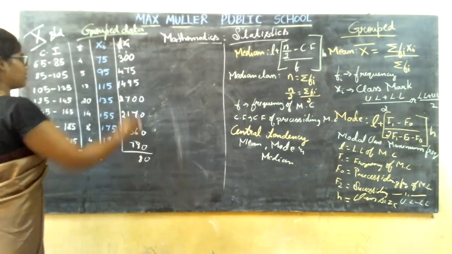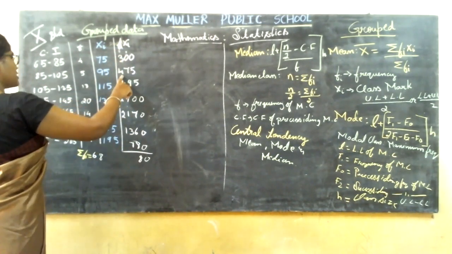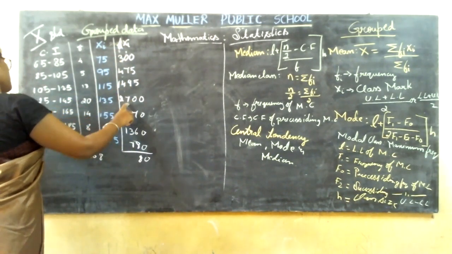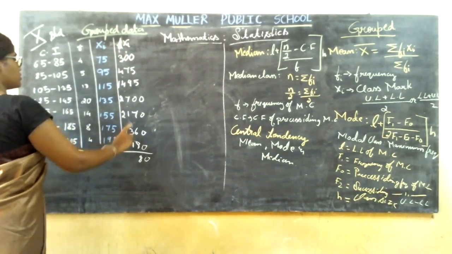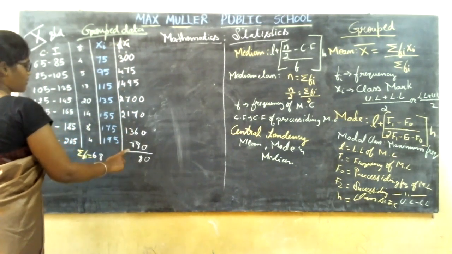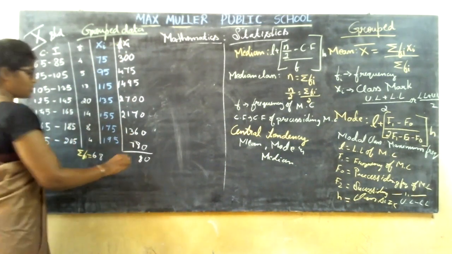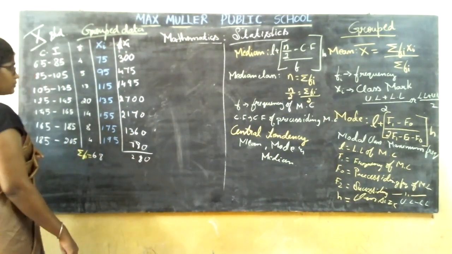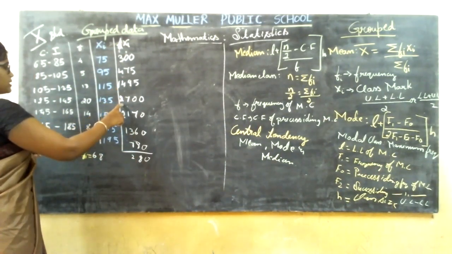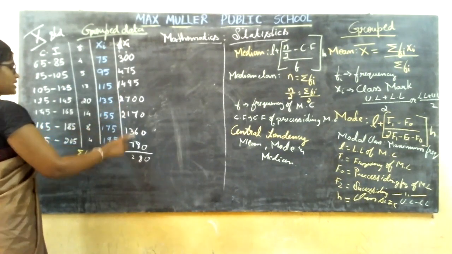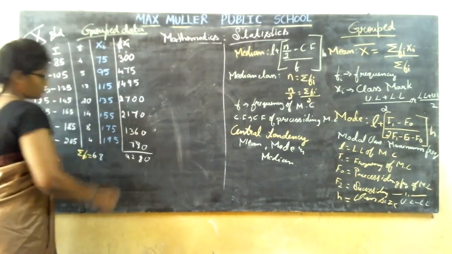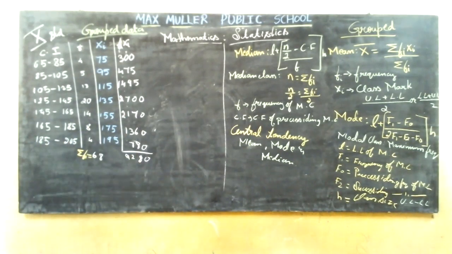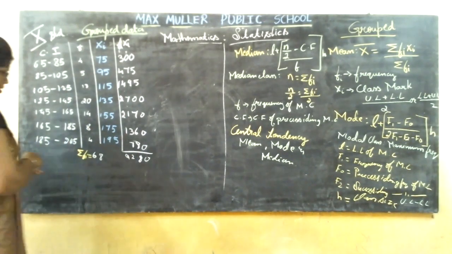25 plus 7. 3 plus 3 is 6, 6 plus 4 is 10, 10 plus 4 is 14, 14 plus 7 is 21, 21 plus 1 is 22, 22 plus 3 is 25, 25 plus 7 is 32, write 2, 3 carry. 3 plus 1 is 4, 4 plus 2 is 6, 6 plus 2 is 8, 8 plus 1 is 9. So it is 9,280.